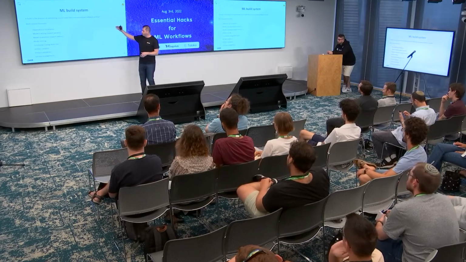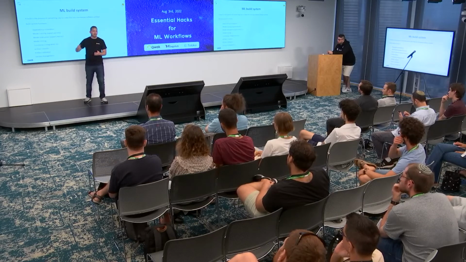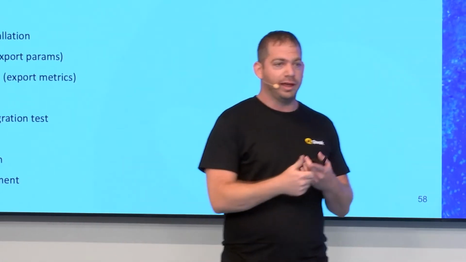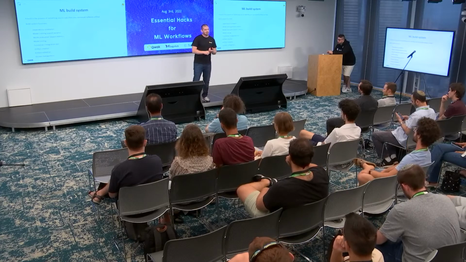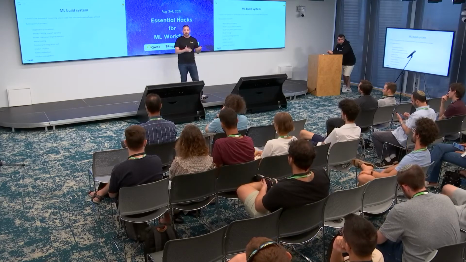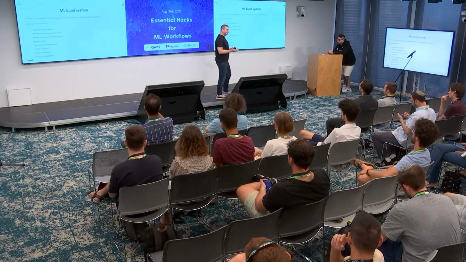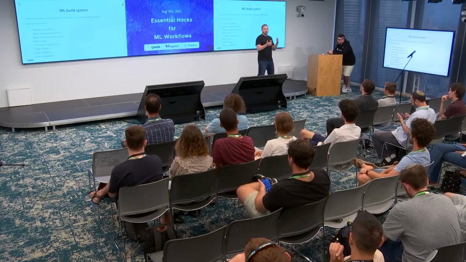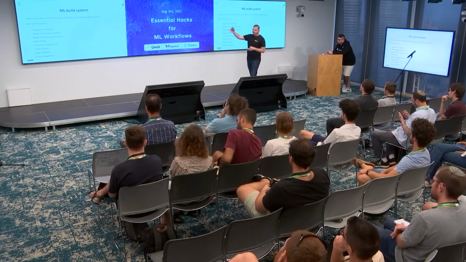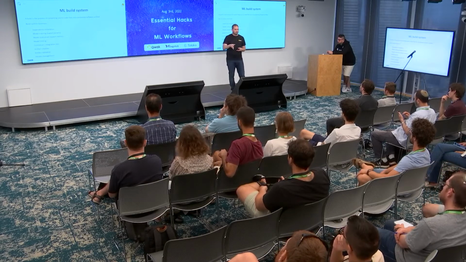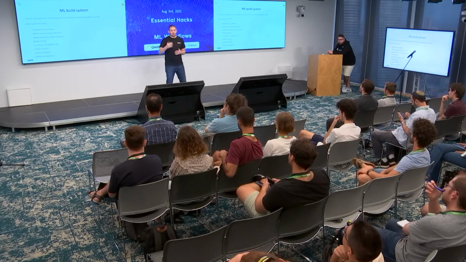And only if all that is done, you want to create an artifact that is immutable. So this artifact should have all the dependencies already in it. It should have the trained model in it. This artifact should not have any moving parts during deployment of models. You want to validate that the artifact actually works, and of course, version it. So that's, as we see it in Qwak, a build system that is built for machine learning and makes sure that models and new versions are built in the right way.